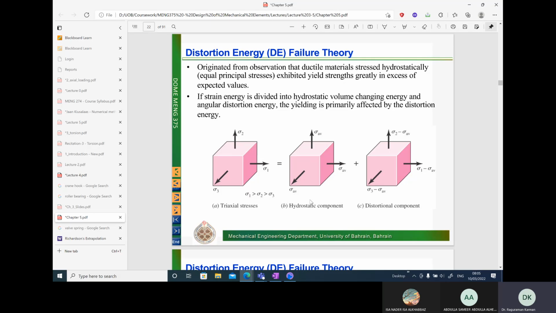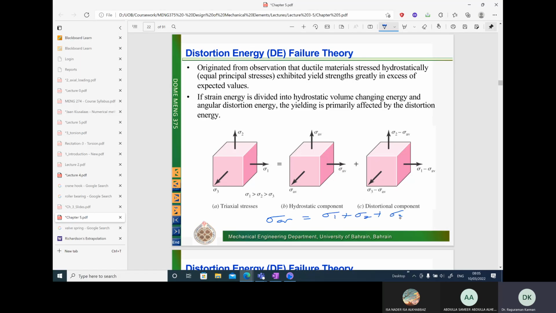Okay. So what is the sigma average component? Sigma average component here is the sum of the three principal stresses divided by 3. This is the average definition. Now, after you split it into these two components, what they have found experimentally is